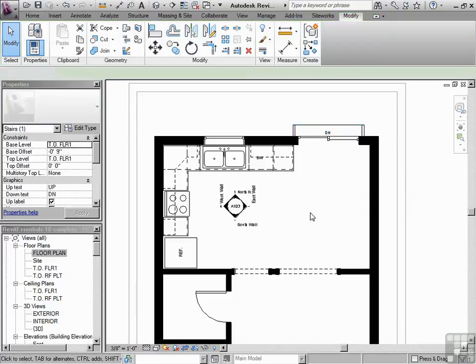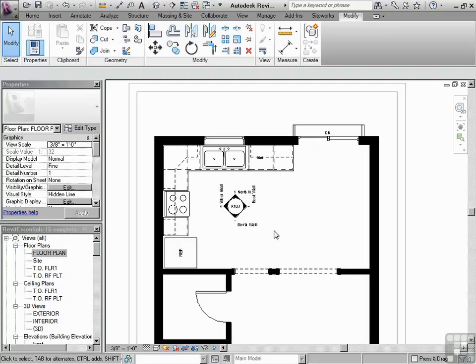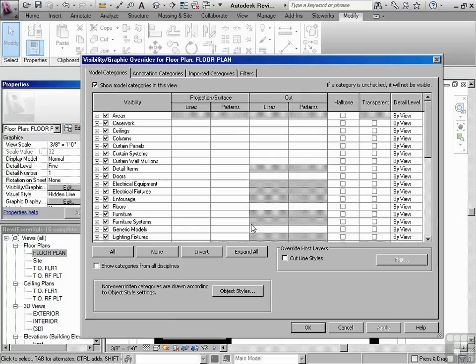How else can you hide objects? I'm going to click off that stair. What if I were to go to VV? That's Visibility Graphics, VV. Let's look at one more place where you can get Visibility Graphics. It's under the View Properties, under Visibility Graphics, Edit. That's also another way to get to that